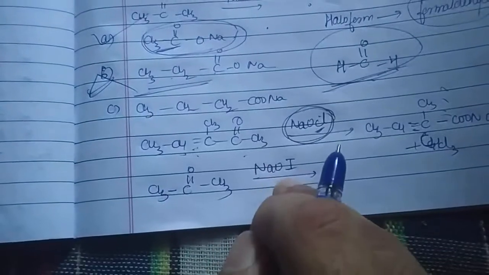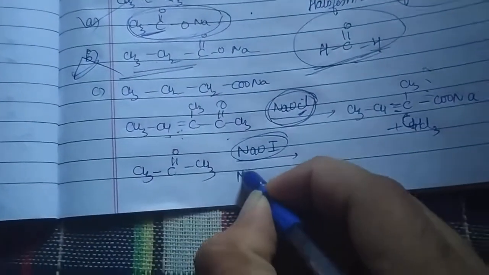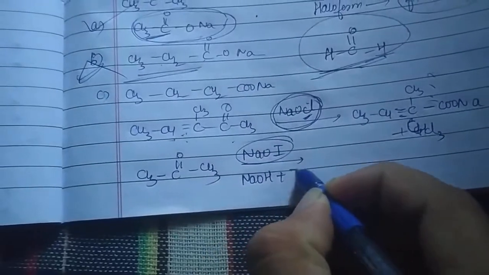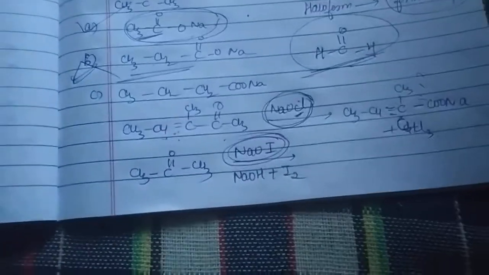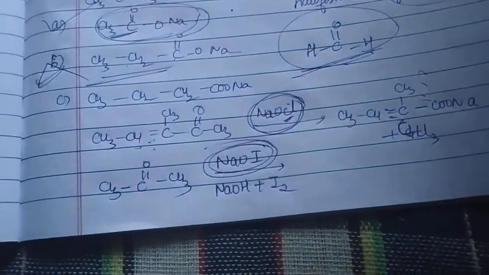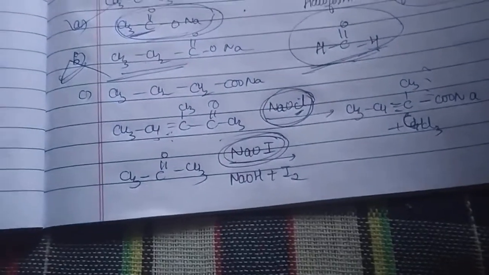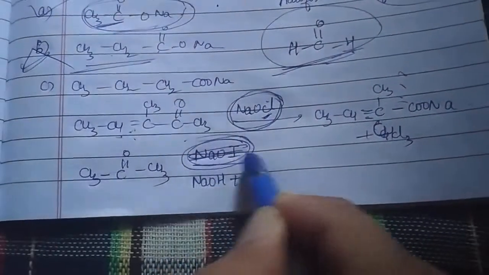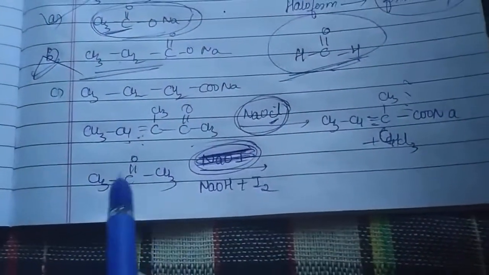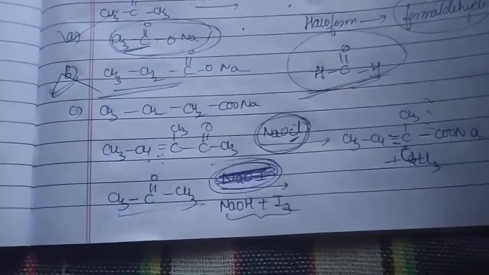But do remember how this sodium hypoiodide is actually prepared. Whenever NaOH plus I2 react, you're going to get sodium hypoiodide. Not only that case, NaOH plus Cl2 gives you NaOCl, NaOH plus Br2 gives you NaOBr, and similar reaction systems. Why am I saying this? In certain cases they will not give you this directly. Instead, they will give you the ketone reacting in the presence of NaOH plus I2.